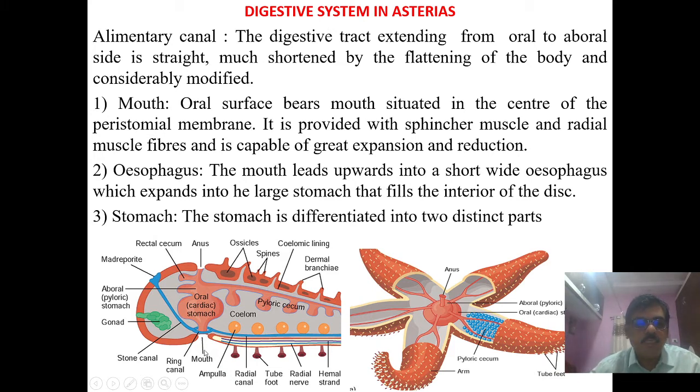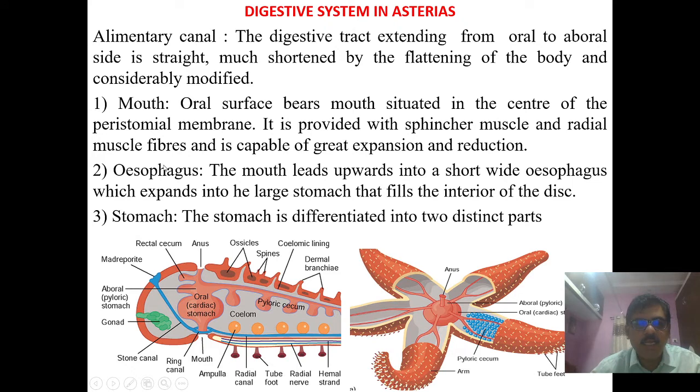The first part in the digestive system is the mouth. The mouth is present on the oral surface, and it is situated in the center of the peristomial membrane. That mouth is also called a peristome, an opening through which the food is taken. It is provided with a sphincter muscle and radial muscle fibers, and this mouth is capable of great expansion and reduction. And this mouth ultimately leads into the next structure, which we call the